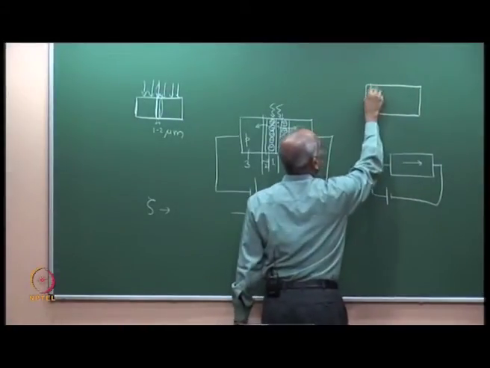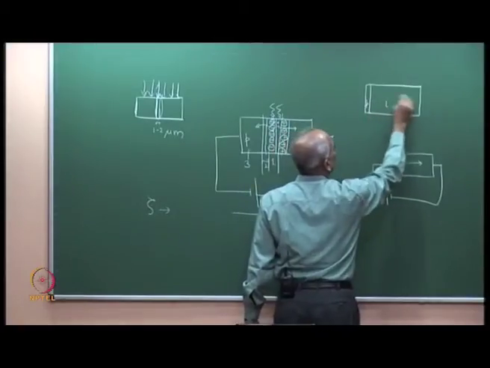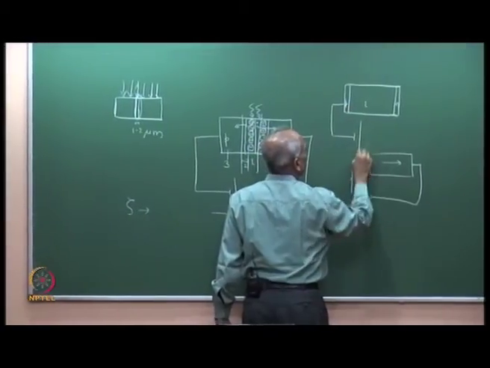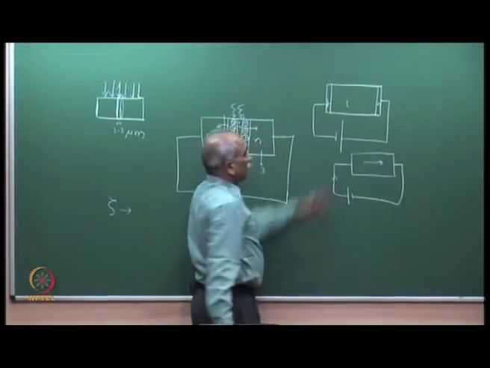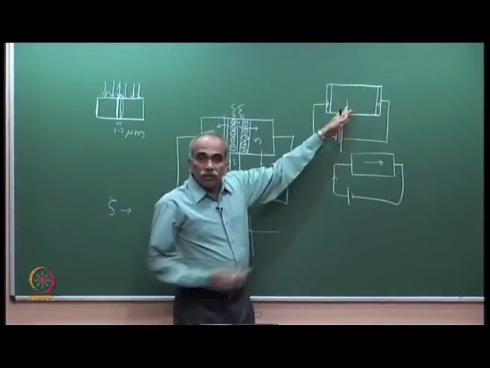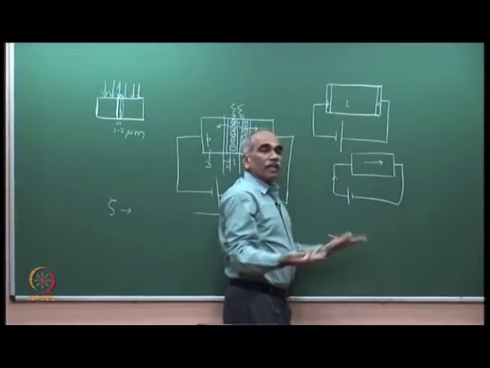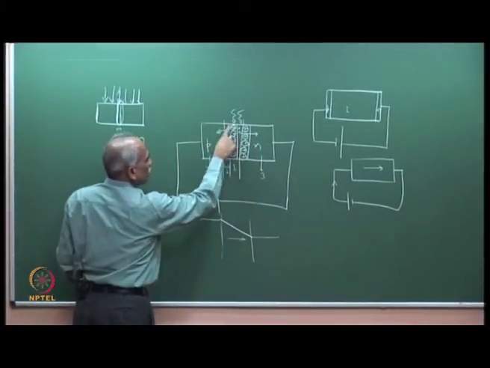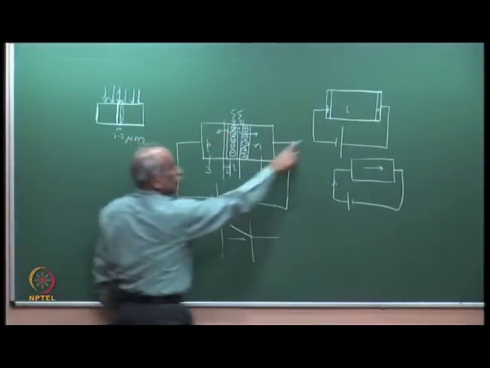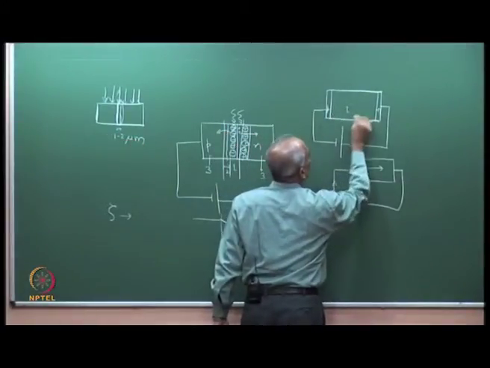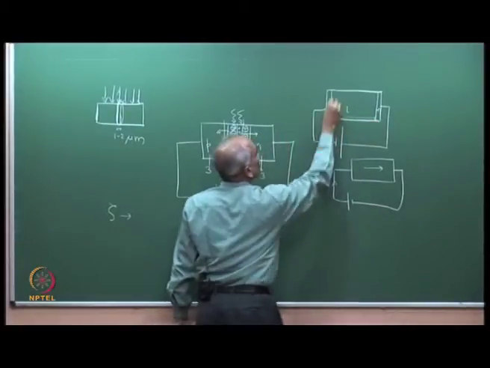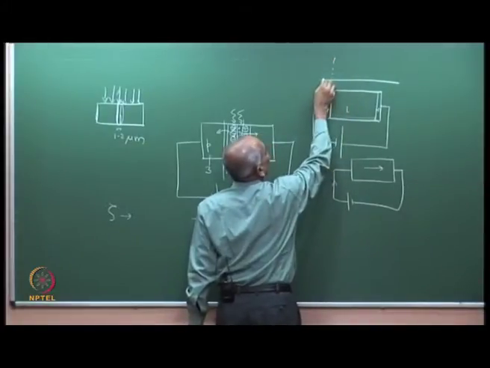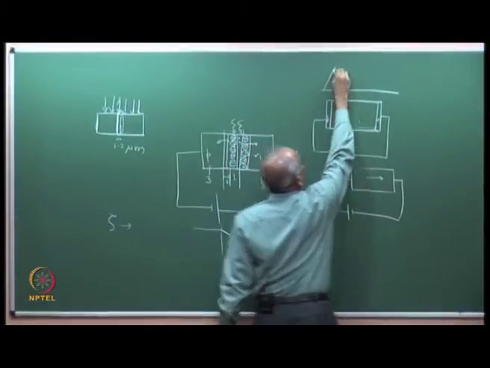You make a thin P, here is the I and this is N, and now you apply a reverse bias, a strong reverse bias. The entire I region acts like a depletion region, because in this case you have depletion region only here, but in this case this entire I acts like a depletion region. Why? Because if you plot the electric field here, the electric field will go up like this, then it